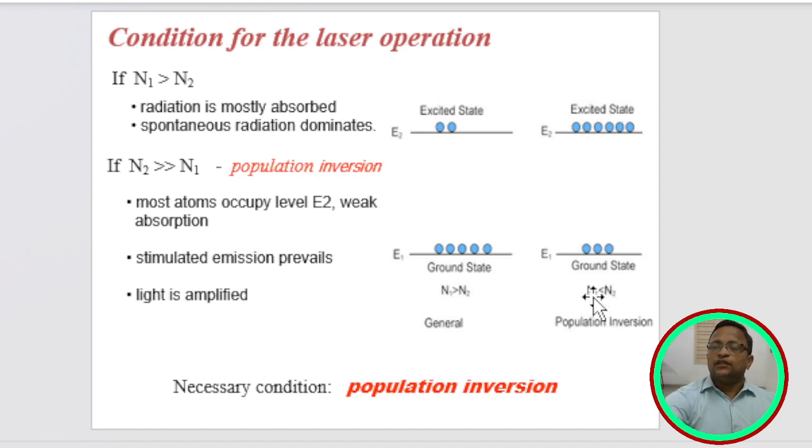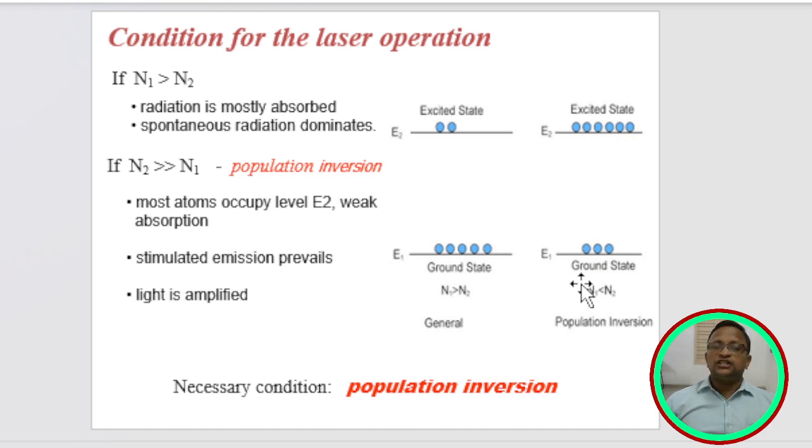That's why N1 is less than N2. So here the number of atoms in the excited level is more when compared with the ground state. This process is called population inversion, and the main principle behind the lasing action